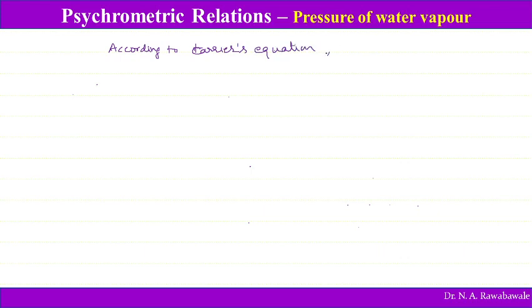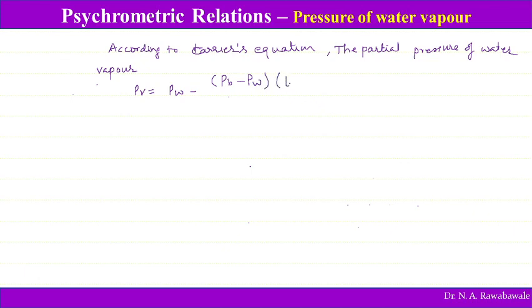The partial pressure of water vapor is given by PV is equal to PW minus (PB minus PW) into (Td minus Tw) whole divided by 1544 minus 1.44 Tw, where Pw is